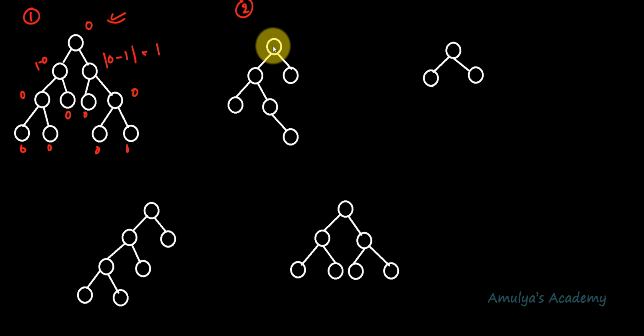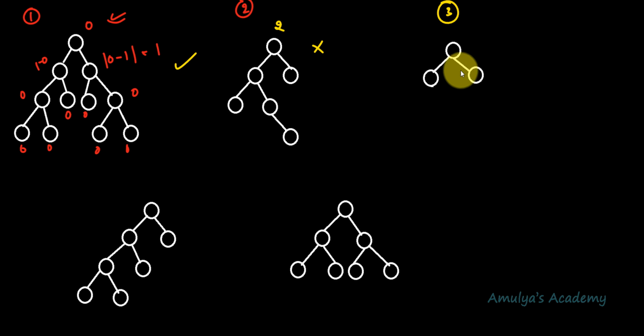So this is the root node, and let's check its difference. Here this is the left subtree and this is the right subtree. Here the heights are 1 and 2, and here it is 0. So 2 minus 0, 2. So the first difference we are getting is 2 here. So that is nothing but it is not a balanced binary tree. This was a balanced binary tree, this is not.